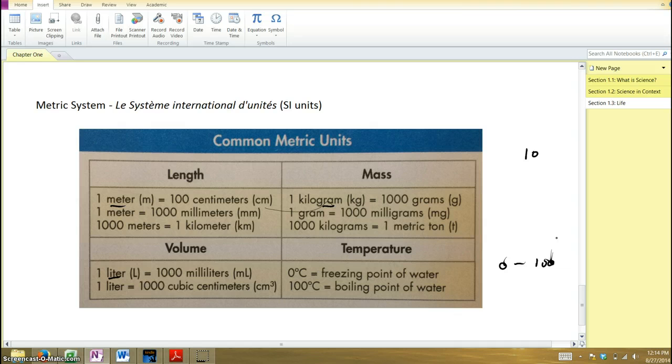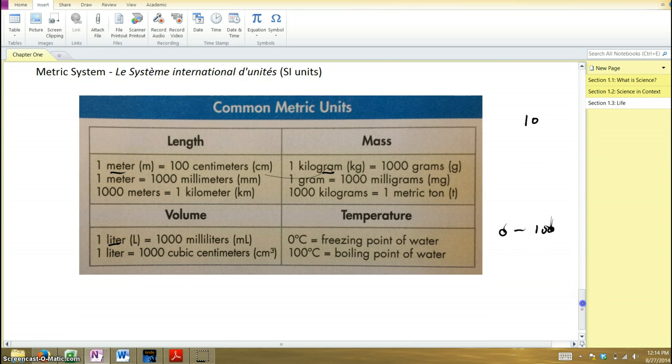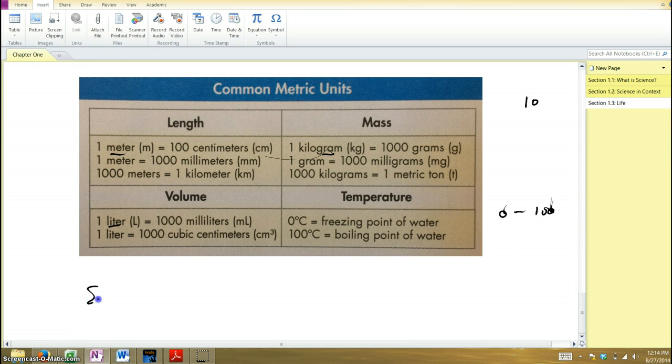So we'll want to think about this system as the one we're going to use, and we'll review it a bit more in class about the different units. Between centimeters and meters, there are other units that aren't typically used so much, but we'll talk about those a little bit in class. The very last section of the book, or this section, talks about